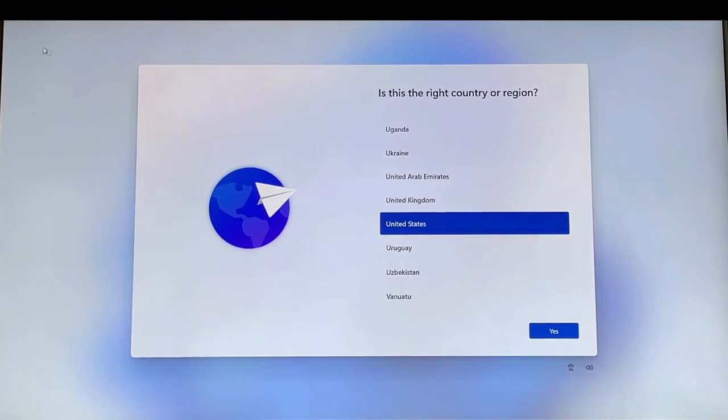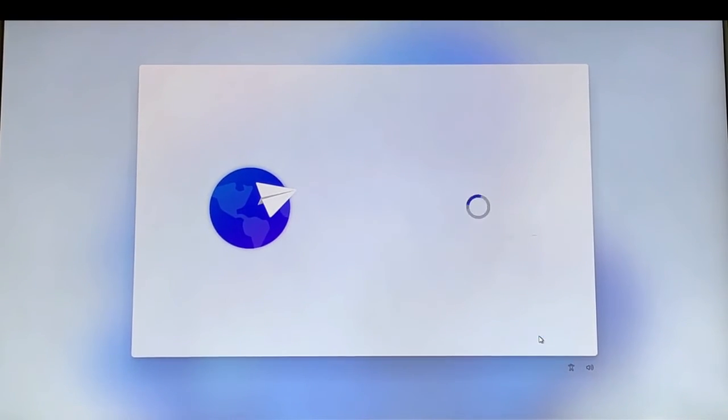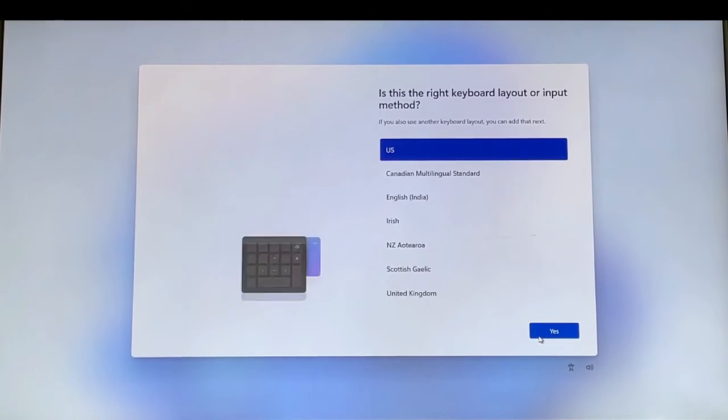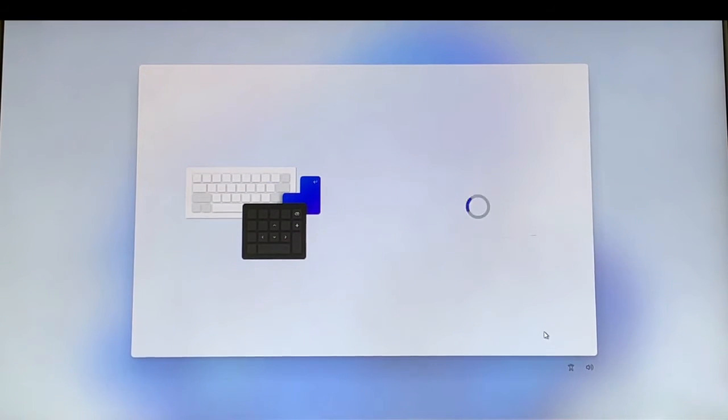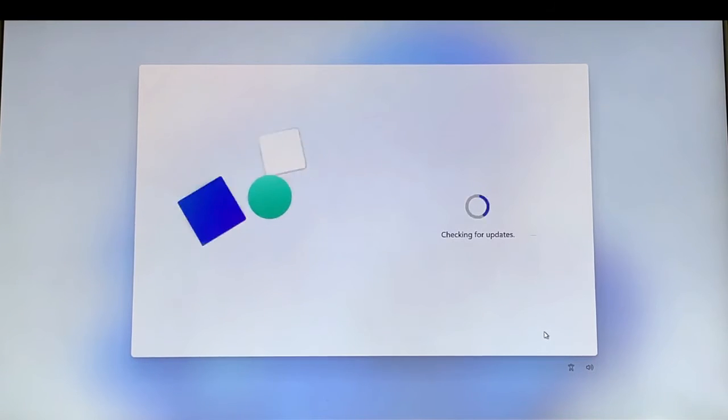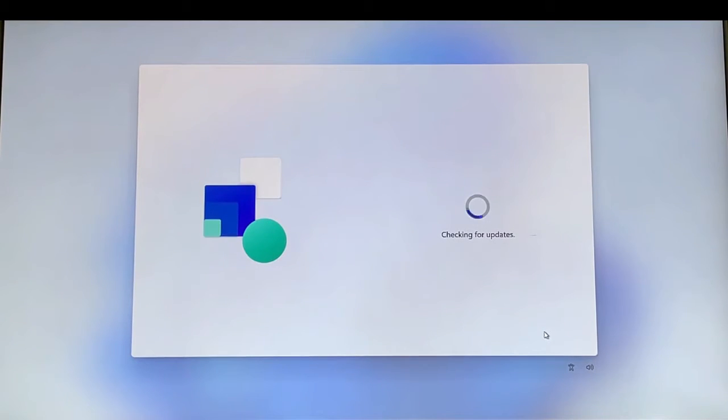Okay, here we are. We're at the country setup. And this all is pretty similar to Windows 10, except pretty colors. Now, right now, we're connected to the internet. As long as you're connected to the internet, you're not going to be able to install it with a local account. You are going to have a Microsoft account. But there's a trick. And I'll show you the trick because